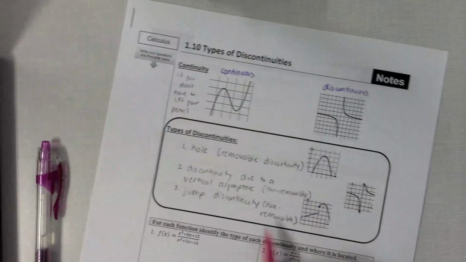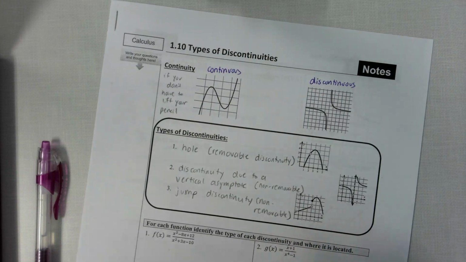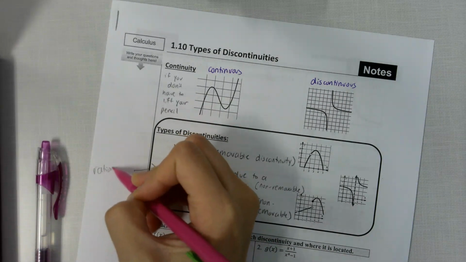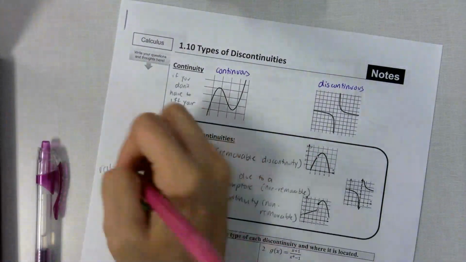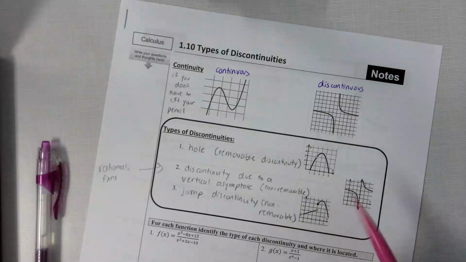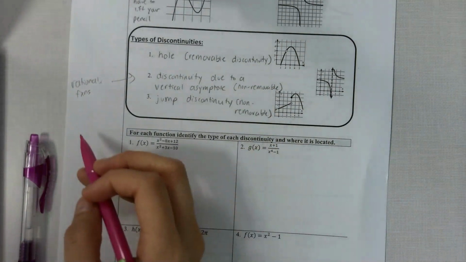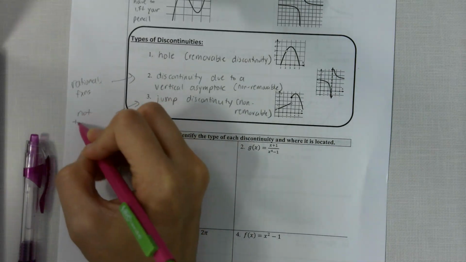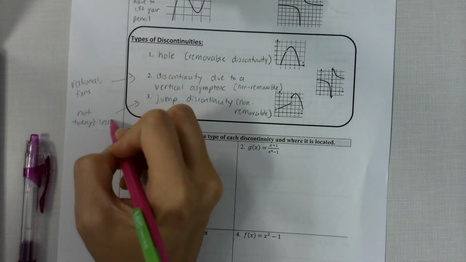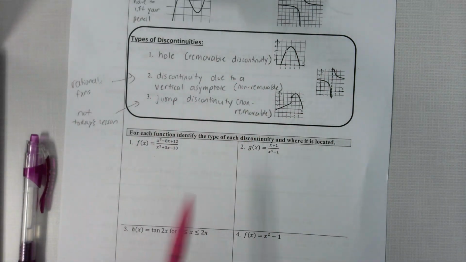So we usually see these with piecewise functions. Vertical asymptotes we did last year in our rationals unit, with rational functions. And holes we also did in our rational function unit. It's when there's an open circle for a hole. These are all vocab terms. So how do we find them? We're not going to look at jump discontinuities in today's lesson. Today we're going to look at holes and vertical asymptotes, and to find those we pretty much